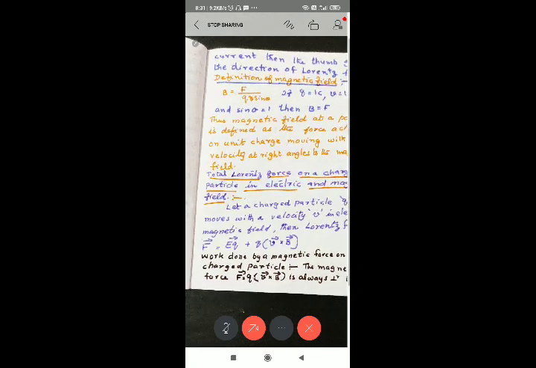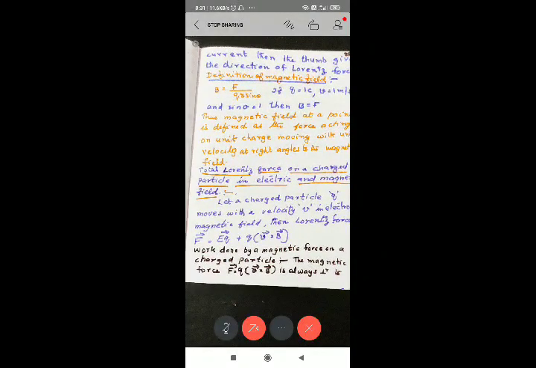Then the total Lorentz force acting on a charged particle in electric and magnetic field. Lorentz is the name of the scientist. Just now what have we studied? The magnetic force acting on the particle. That means the force acting on a charged particle in a magnetic field. That is BQV sin theta. That we have studied. Earlier we have studied in an electric field. What is the force acting on the charge? Force acting on a charge in an electric field.